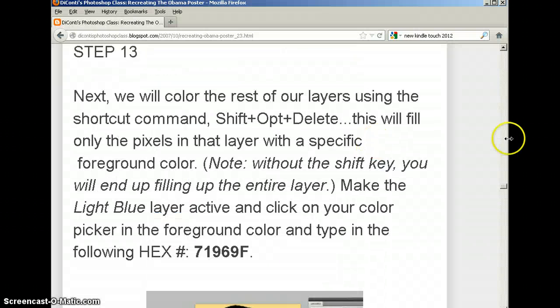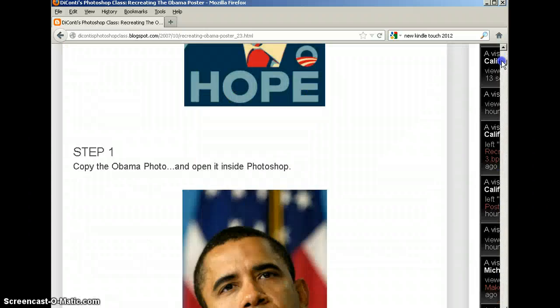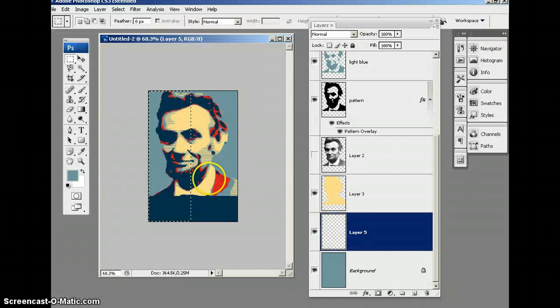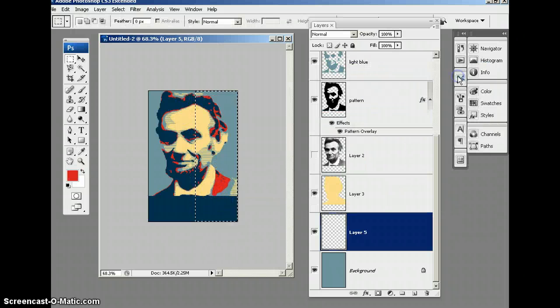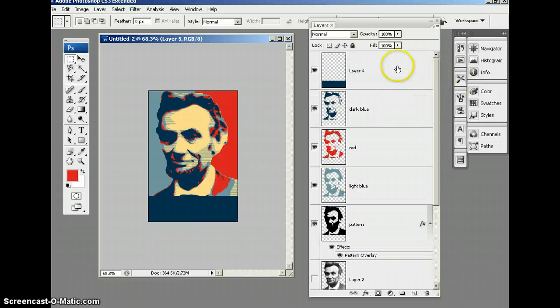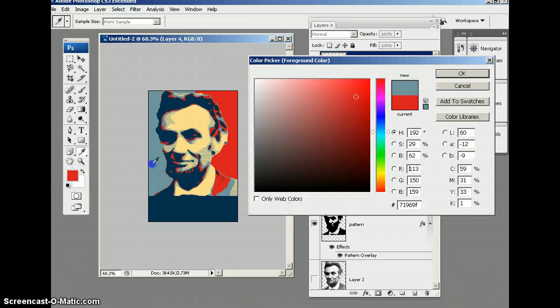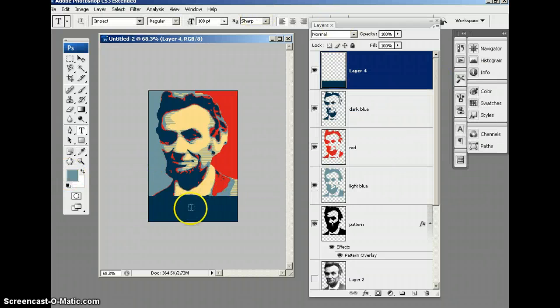Now I can't remember, is red on the left or on the right? It's on the right, and so I'm just going to move that over. Again, separate layer right above that background. I'm going to click that foreground color, sample the red, and click OK, and fill it with red. Looking good. I'm going to go all the way to the top, add a type layer. This one's going to be blue. Say OK, and